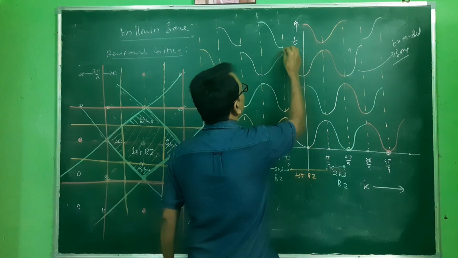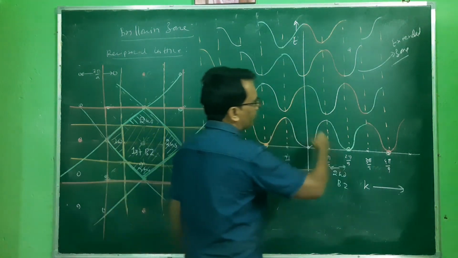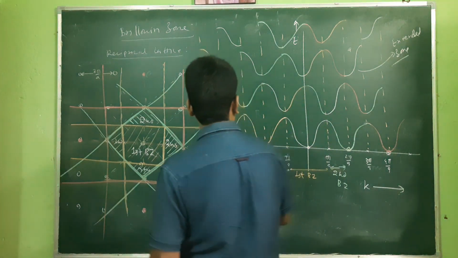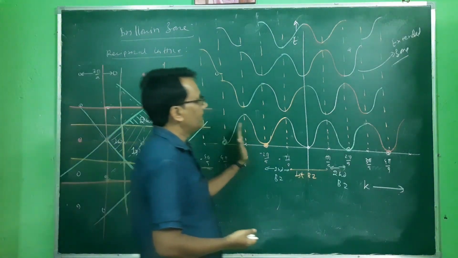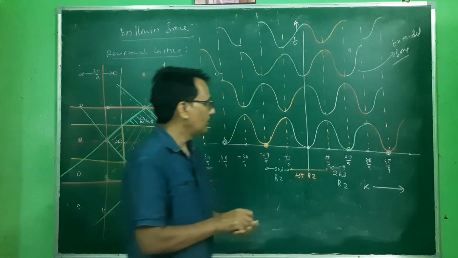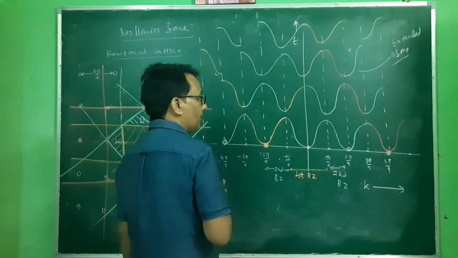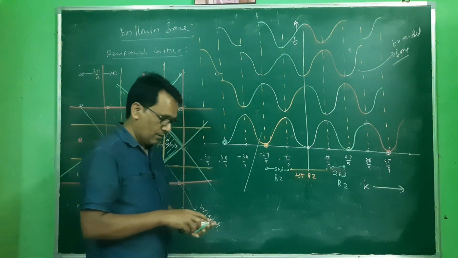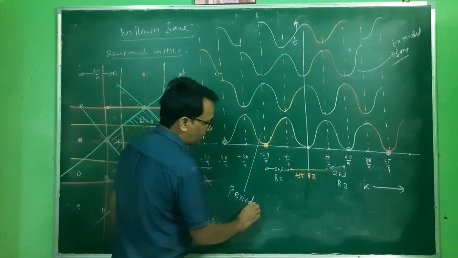So one can draw this. So we have a periodicity in this diagram. Each and every atom can be taken as a center, and we have the zone which is periodic in all aspects. So in this diagram, when we take all points as a center point separately, individually, then this is known as the periodic zone. So this is the periodic zone.